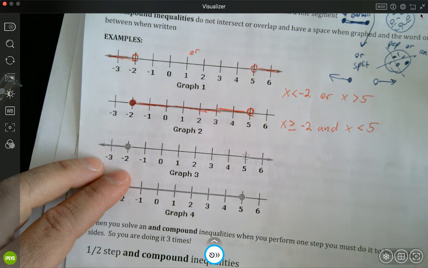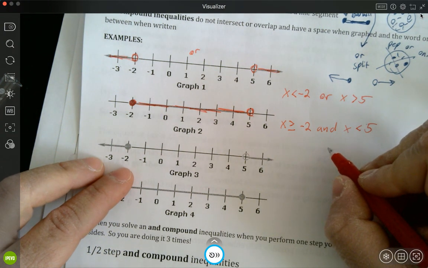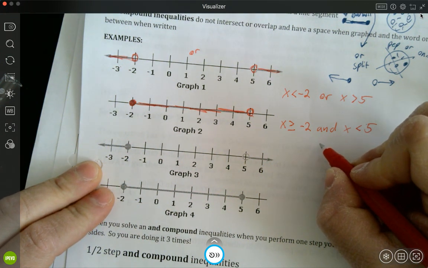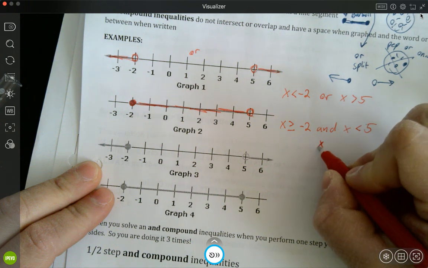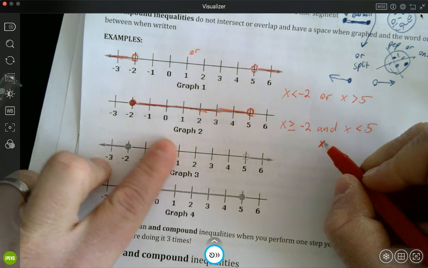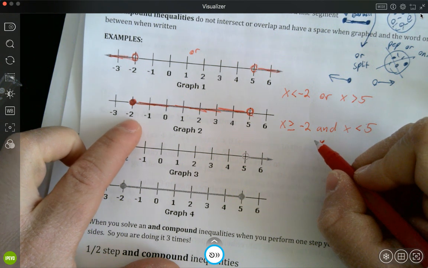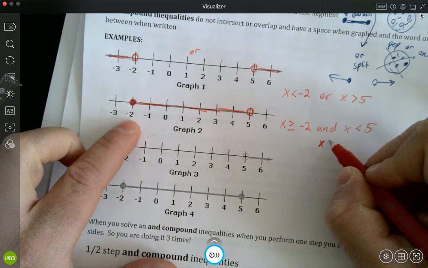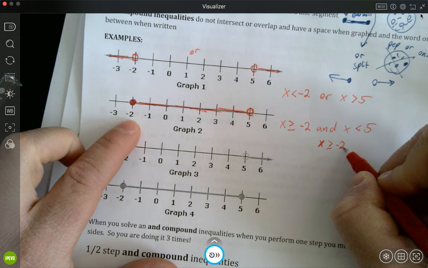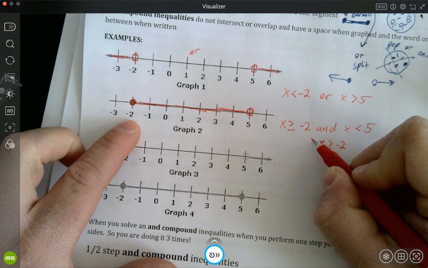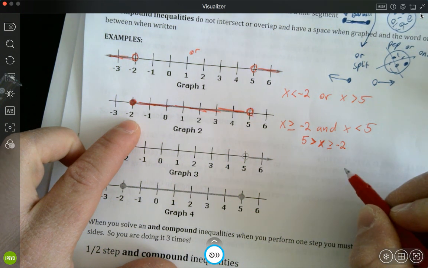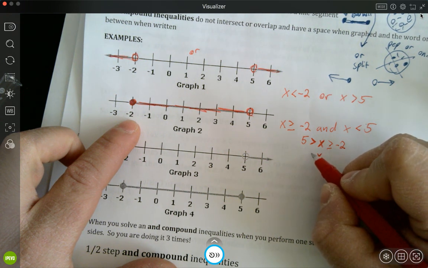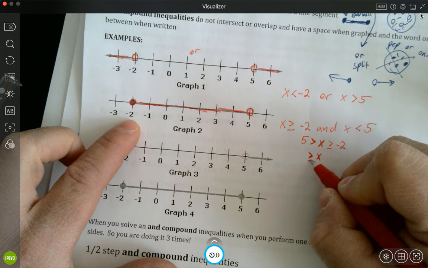Now, when it's an and, you can actually combine it because they overlap. Some people will write it like this. They put the x in the middle, and then you start with this side. So you would write it is greater than or equal to -2, and it's also less than 5. So you could write it like this, or you could write x is less than or equal to 2,